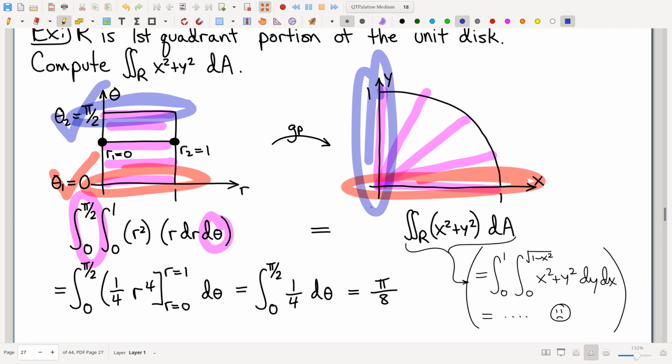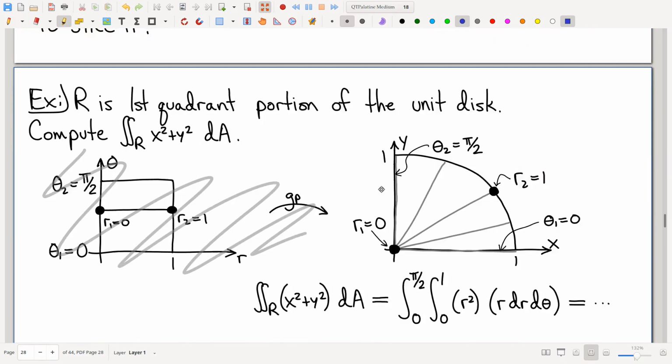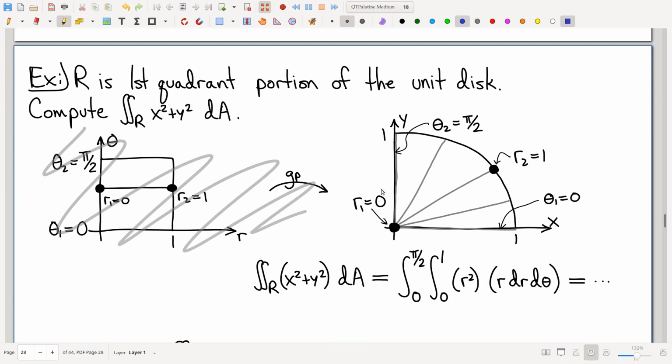I get the same result while still looking in the xy plane. I don't even have to look into the r theta plane. Everybody buy it? So that's the big insight, and with that in mind, let's do this example all over again. Now this is the same exact example, and I literally copy-pasted the picture and everything, and then I added some additional annotations. But same domain,